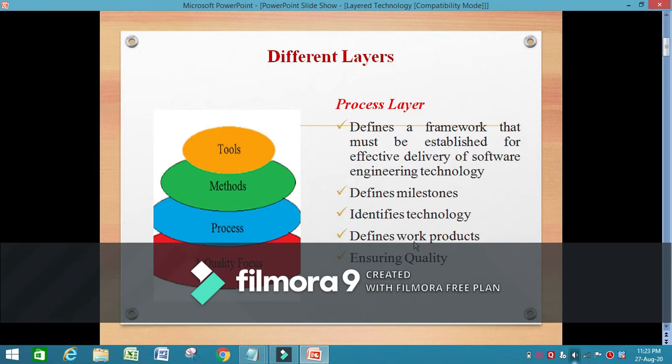They also define the work product, that is, what the outcome will be, whether we are going to develop a model or provide the output in the form of reports or forms, etc. All this information is defined in the process layer, and this layer also ensures the quality of each and every step.